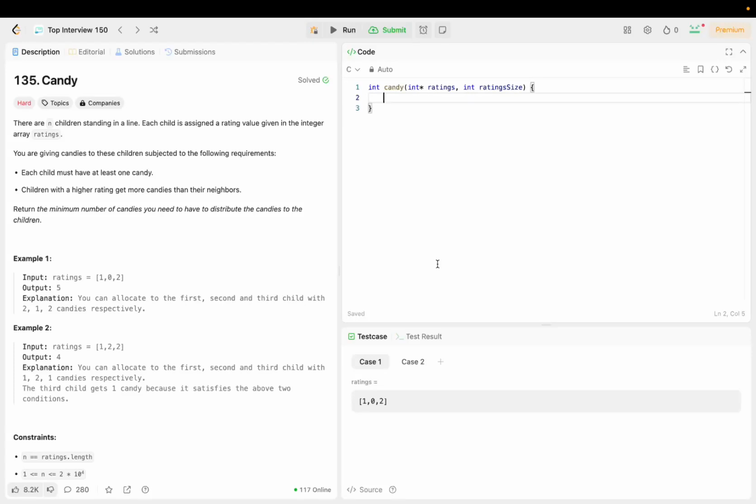Hello everyone. In this video, we're going to discuss how to solve the candy problem. So there are n children standing in a line and each child has a rating. So we have the ratings array. We are given an infinite number of candies and we should distribute them to these children such that we satisfy the